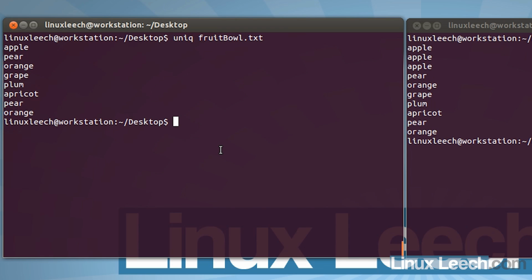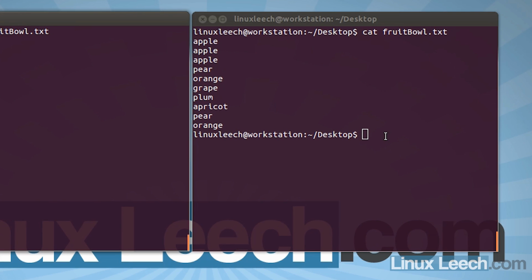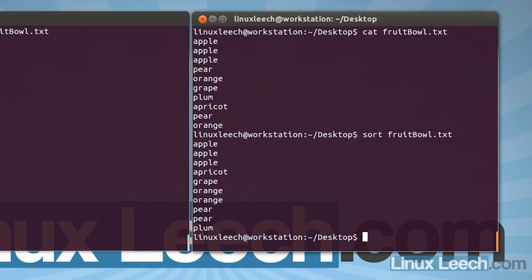That doesn't really look like what we would expect from a utility that's supposed to show us unique items. But if you remember, as I said earlier, the uniq utility removes all but one copy of successive repeated lines. Now, as you can see, the only lines that are repeated is apple. So if we just sort that, so sort fruitbowl.txt, we can see the output of that. Now we can see that we've got apple on successive lines, which we had before, and we've got orange and